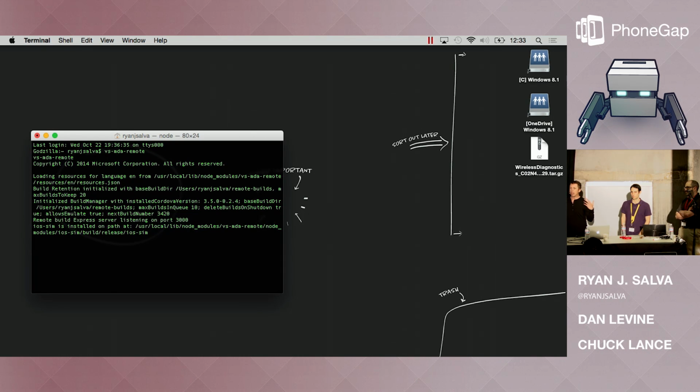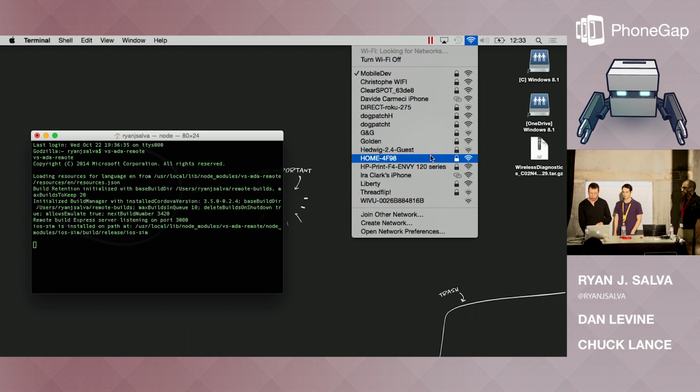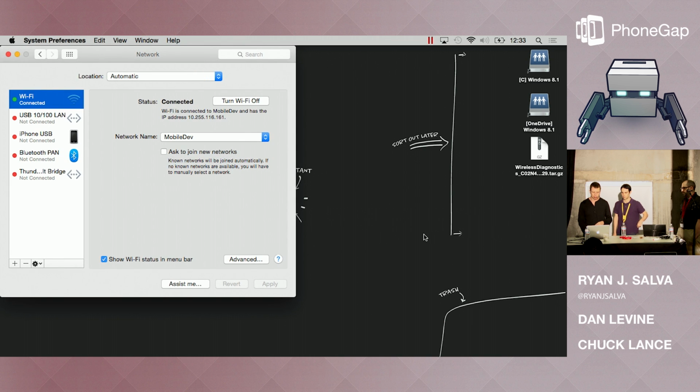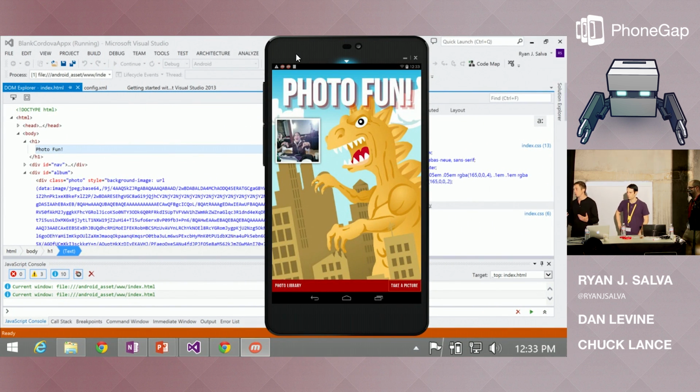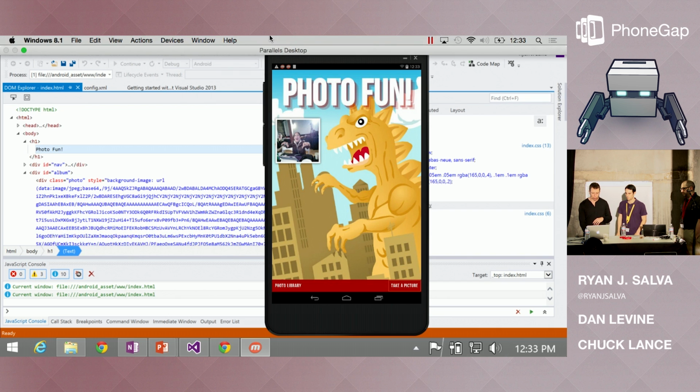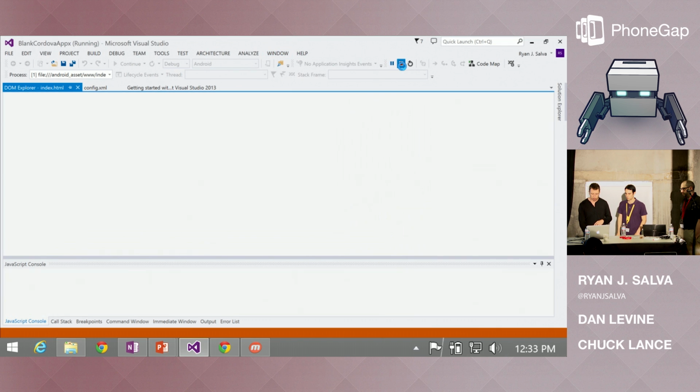And at this point, the Mac side of my machine is going to start listening for a build package from Visual Studio. Of course, Visual Studio needs to know where to look, right? Like what is the Mac that's going to be listening out for me? For that, I either need to tell Visual Studio what my IP address is, or I can also use it when I've got a Parallels instance installed. Because it's on the same machine, I can just use the name of my machine. So in fact, that's what I've done over here. We're going to stop debugging now. Goodbye, Godzilla.